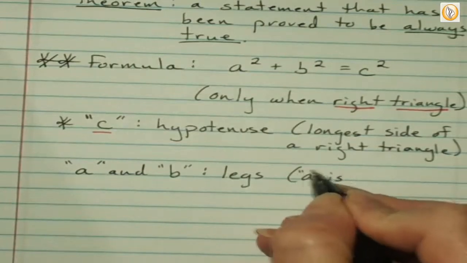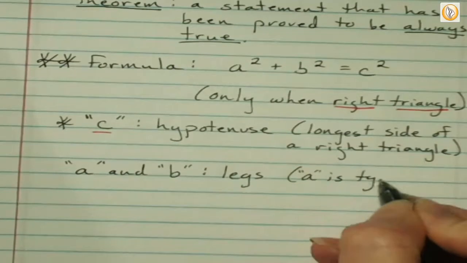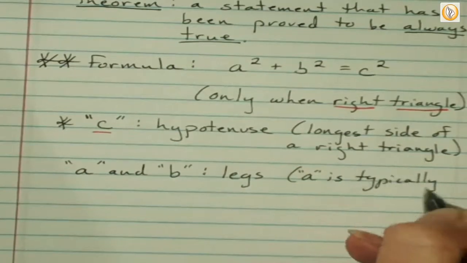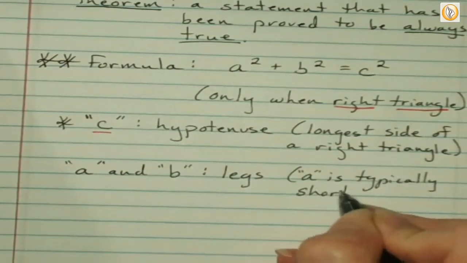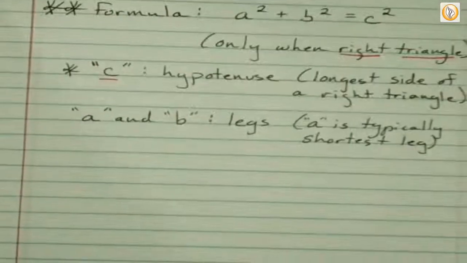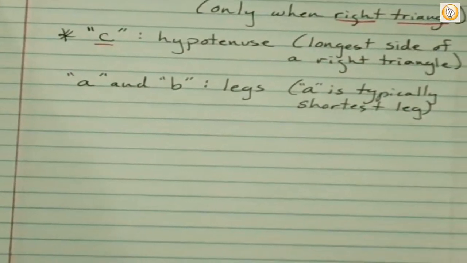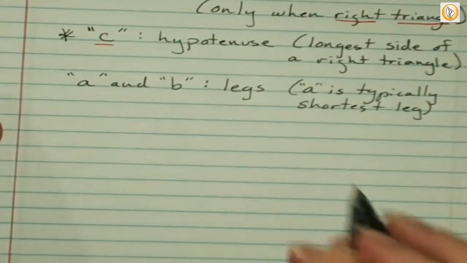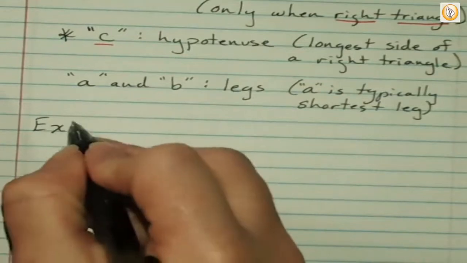A is typically the shortest leg. Hopefully y'all remember this from last year. So it tends to go in order of size. Okay, so for example,